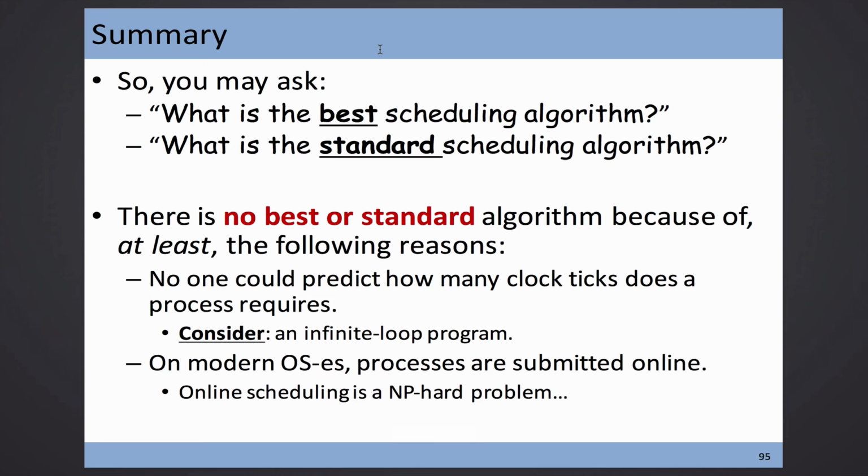And also there is some naughty guy like an infinite loop program. How does the scheduler know that you are an infinite program? No way, okay? If the scheduler knew that you are an infinite program, that's good, I know you're an infinite program. I penalize you. I don't schedule you for 1 hour, okay? To let other processes have room to run. But no way, we don't know. Actually, we don't know how long a particular program will take to stop, or whether you just don't stop. We don't know, okay? So there is no best, no standard.